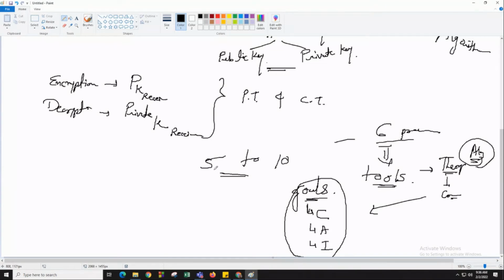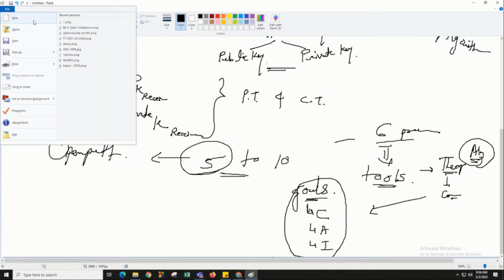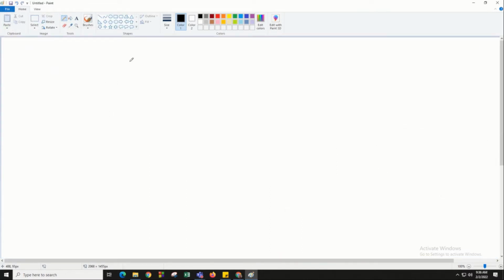So in your 5th practical, the tool which we are going to learn is OpenPuff. As you are aware, in security there are 2 different techniques which are used to hide the data. Which are those 2 techniques?